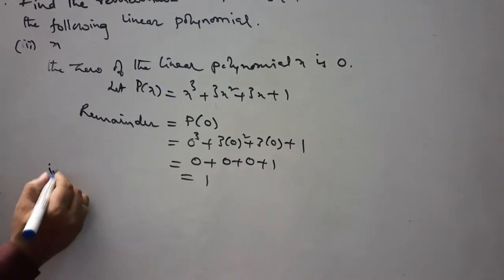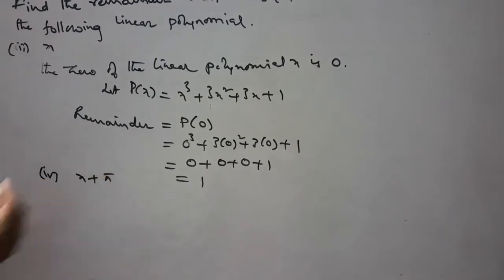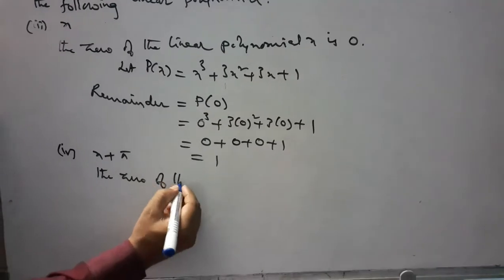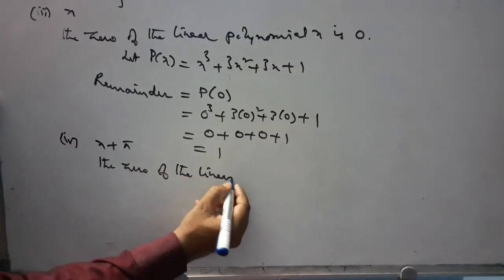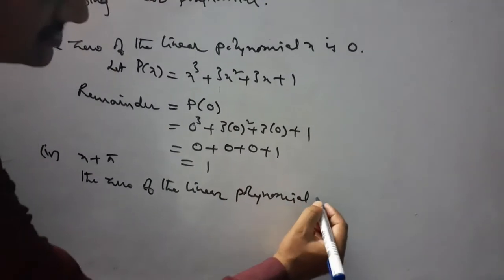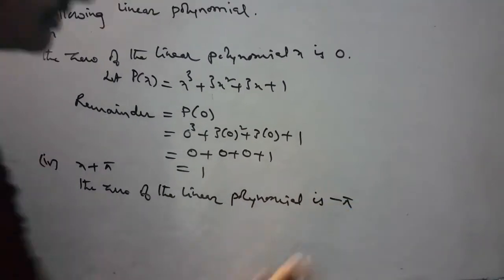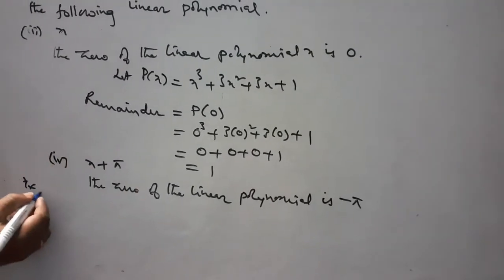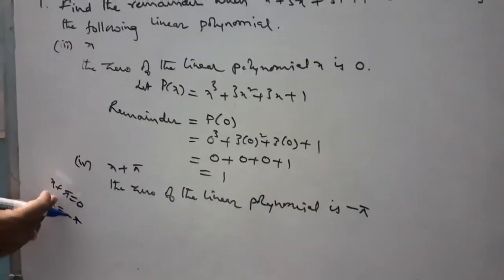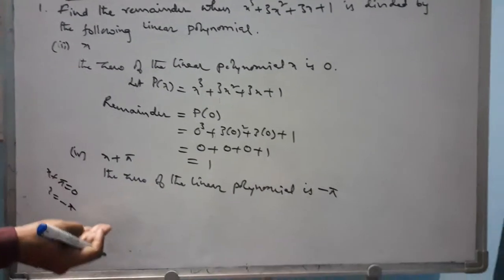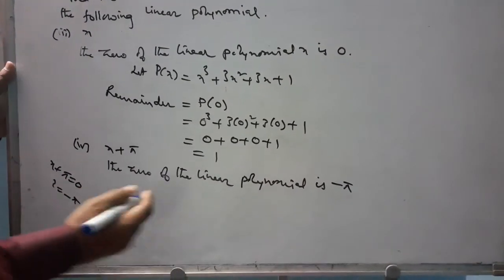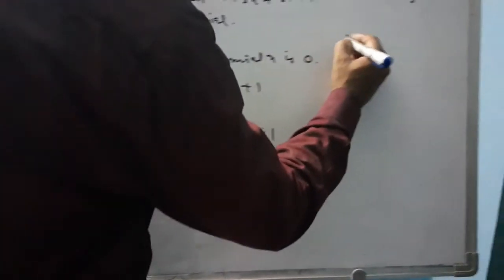The next one, fourth problem, x plus pi. So now what is the zero of the linear polynomial? That is minus pi. So x plus pi equal to 0, then x is equal to minus pi. We have to transfer pi from left side to right side, plus pi becomes minus pi. So what is the remainder? Remainder is equal to